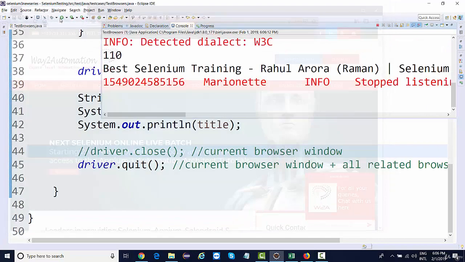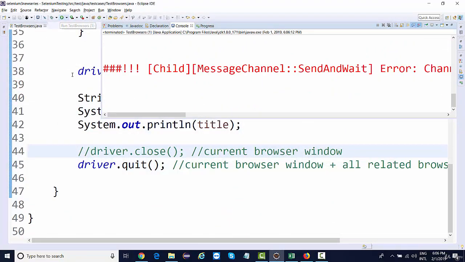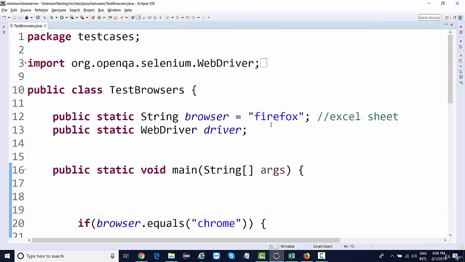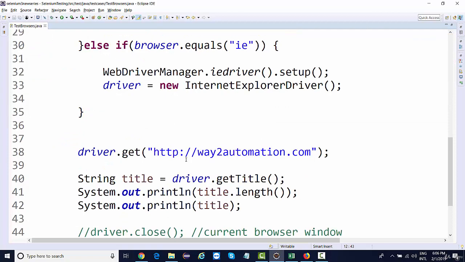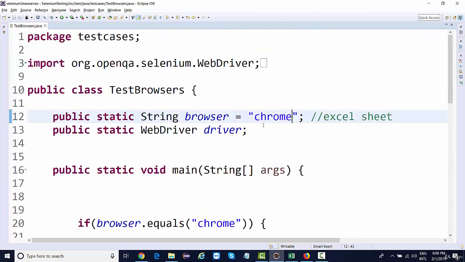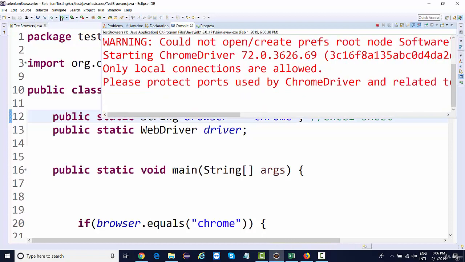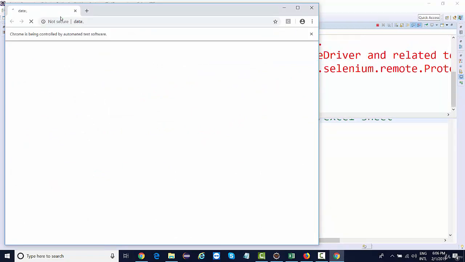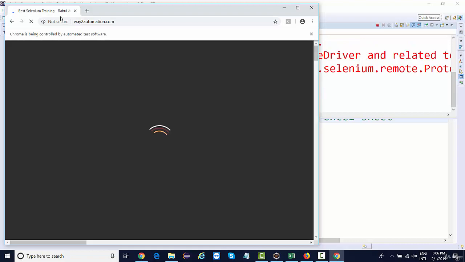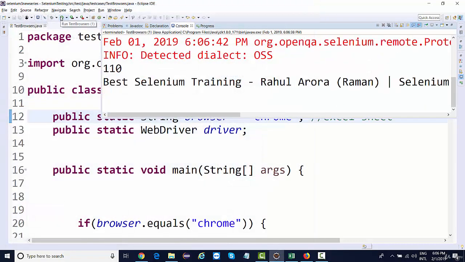Right? It worked absolutely fine. And same thing if you do it for Chrome, instead of making changes in the code, you're just changing the value over here. And when you run this, we're going to see the Chrome browser launched and the entire execution happened on Chrome.